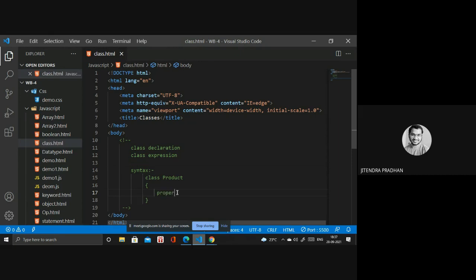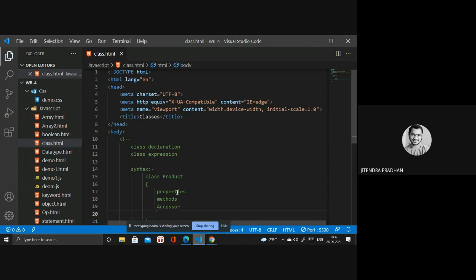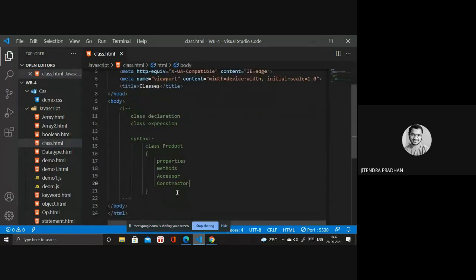We have properties, methods, accessors, and constructor. Okay, so basically inside the class there are only four members: property, method, accessor, and constructor.